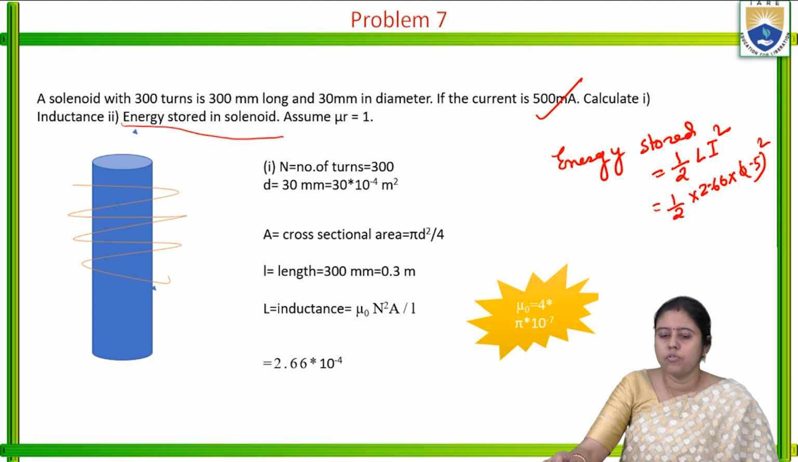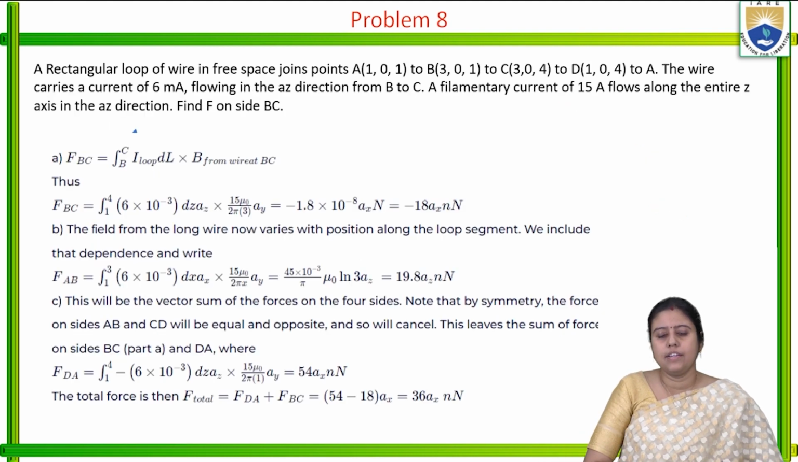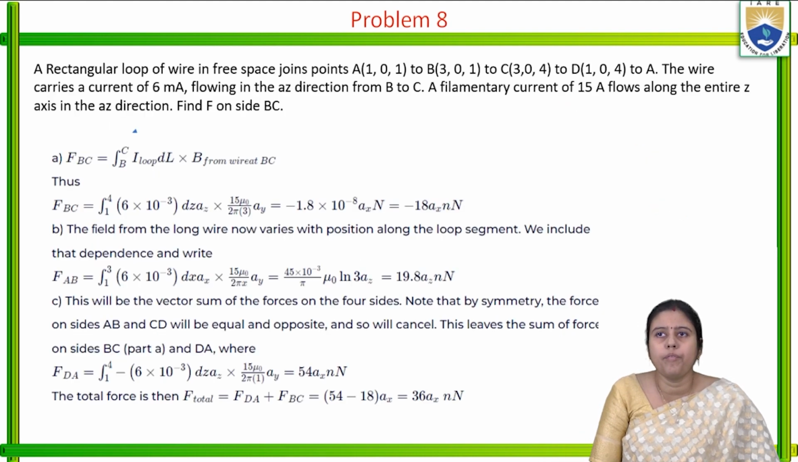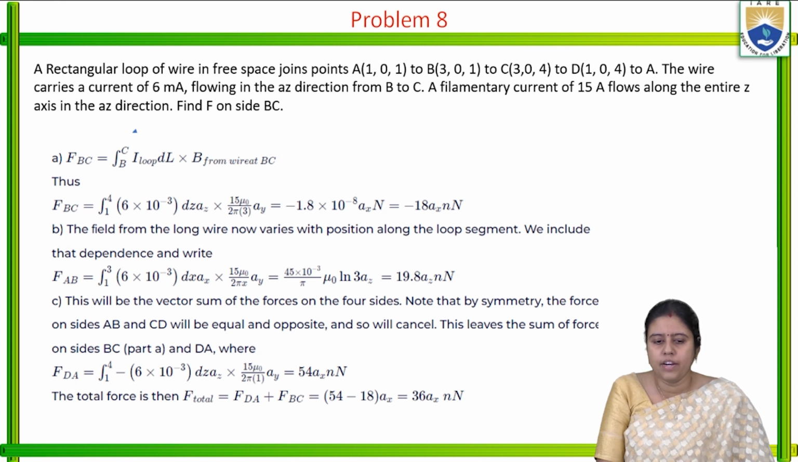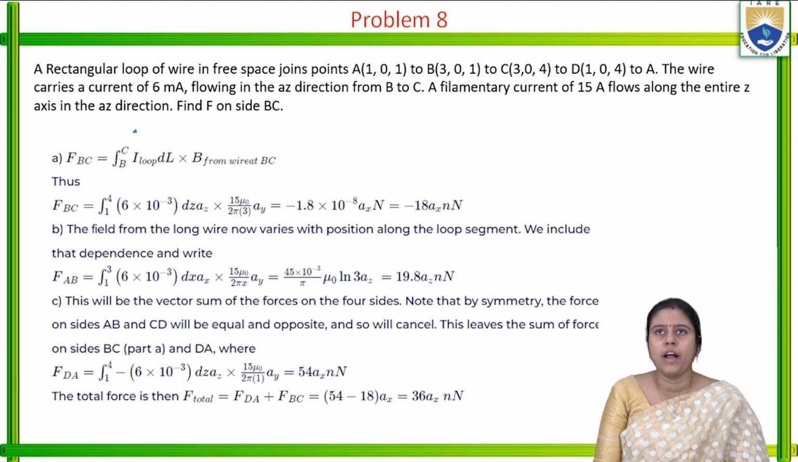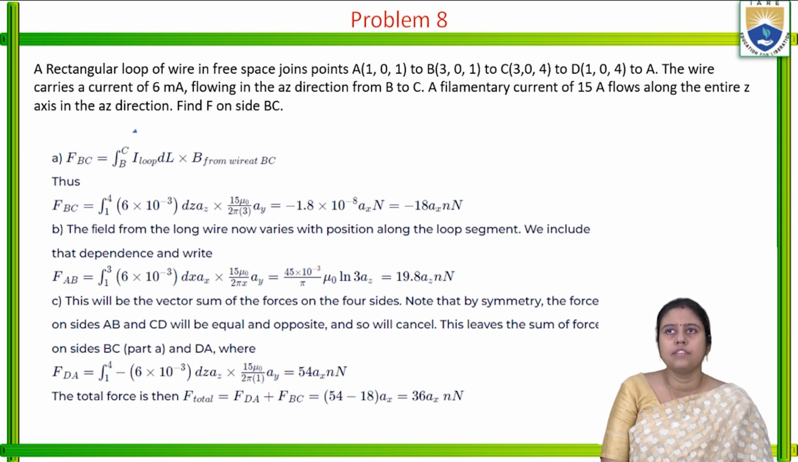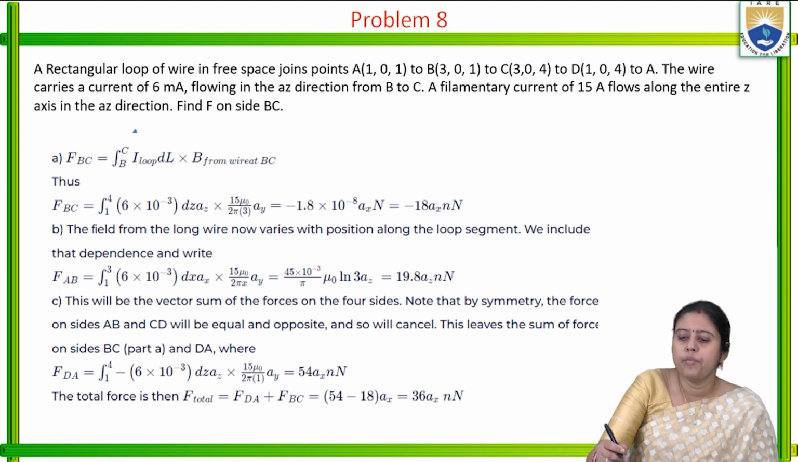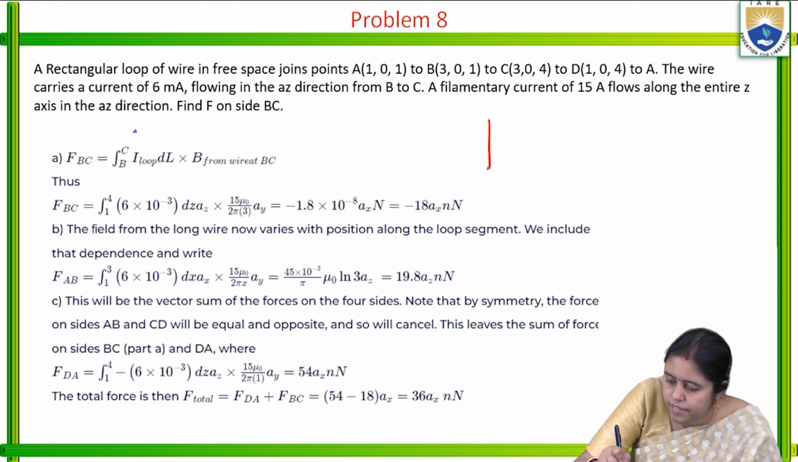Now we are moving to our problem 8. This is a very important problem from this chapter. A rectangular loop of wire in free space has corners A 101, B 301, C 304, D 104. So if we draw this,